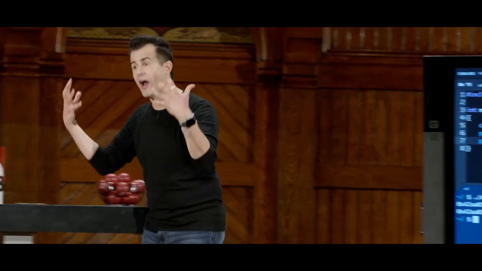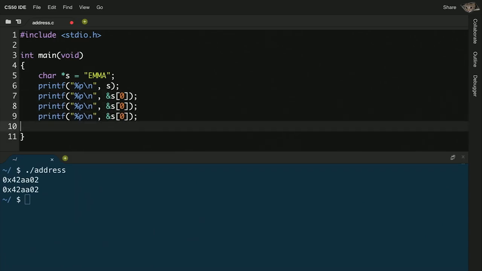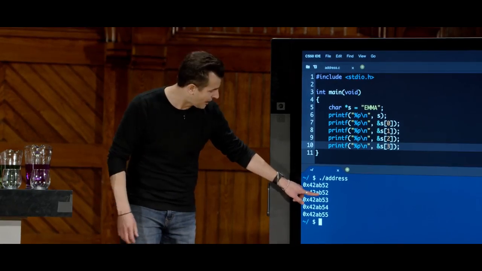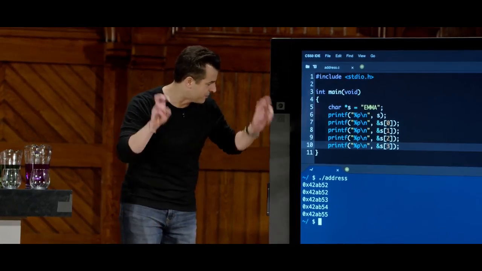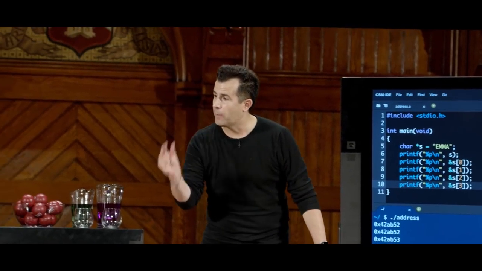So a string is this sort of abstraction on top of a bunch of characters. But again, S is just an address, and that's all we're emphasizing now. And if I get really curious, not that you would necessarily do this in a real program, what if I print out a few more characters in Emma's name, like S bracket 1, 2, and 3? Let me go ahead, just out of curiosity, and make this program and do ./address. Now, notice what I see is, again, S's address is at 42AB52. The first character in S is at the same thing by definition of what a string is. And then notice what's kind of neat, if for some definition of neat, 53, 54, 55 is noteworthy. Why? They're 1 byte apart.